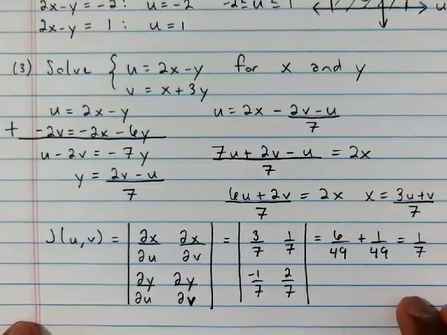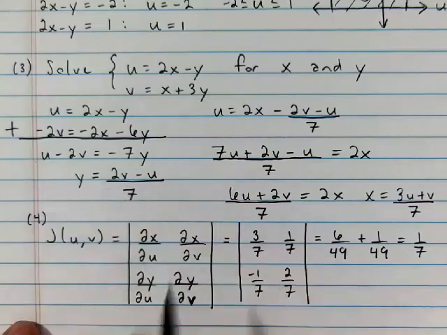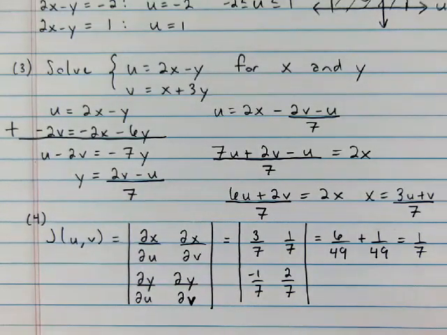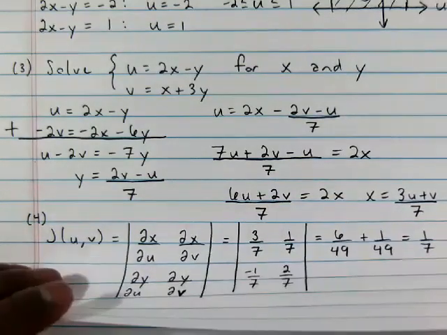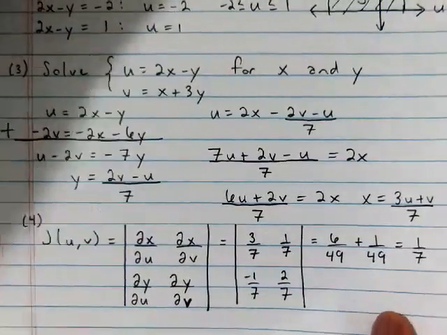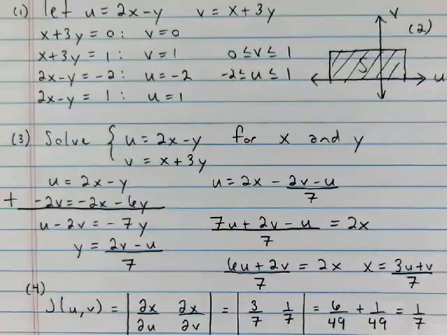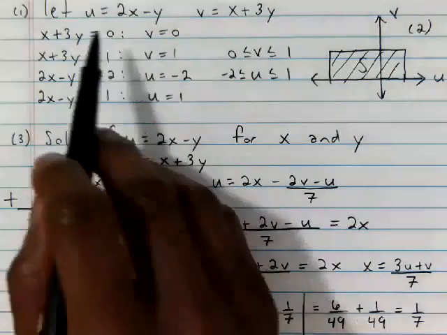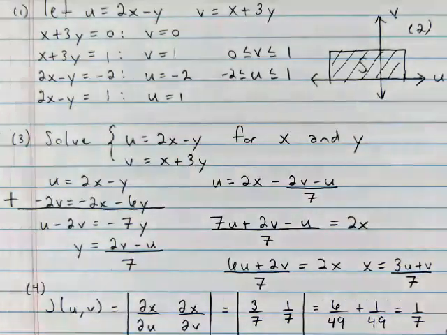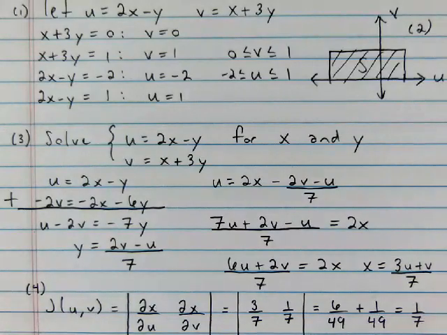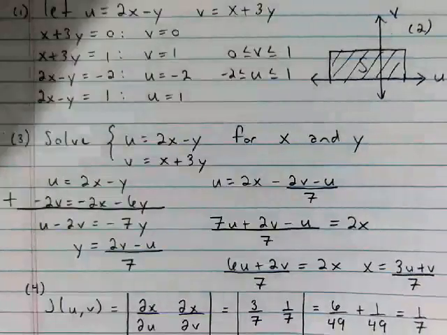And now we have everything we need to go ahead and set up our integral. The Jacobian was step 4, so let's put the little 4 right there. And then the integral in step 5. According to what I got here, if you had used these to find your Jacobian, you should have gotten 7. And then the reciprocal of that will give you the 1/7. So now our final integral